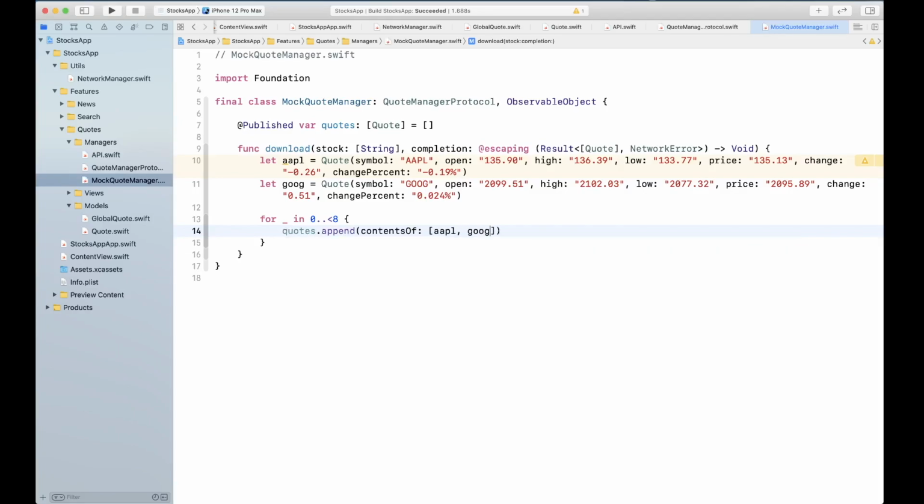What this is going to give us is a mock data set with multiple records. All right, so this is our mock download, the MockQuoteManager that we're going to be using.